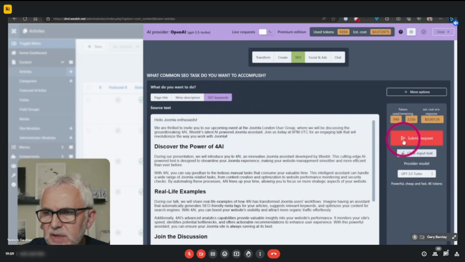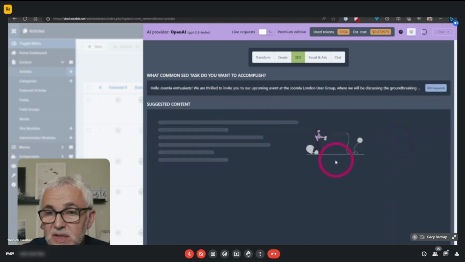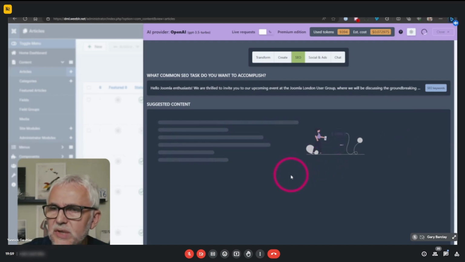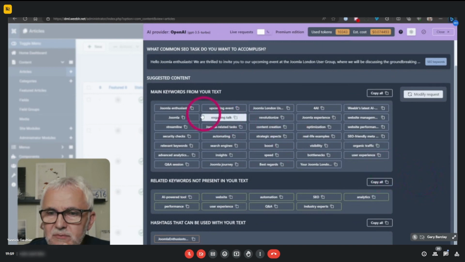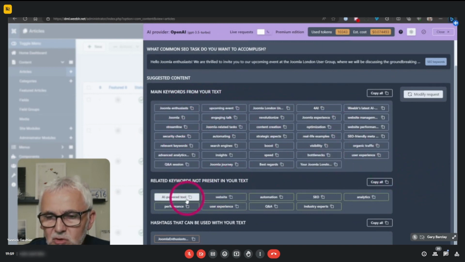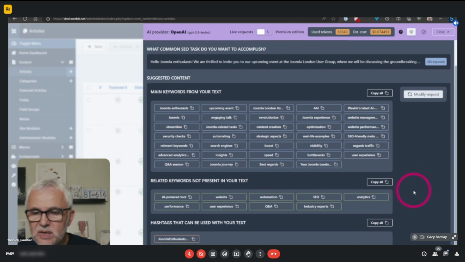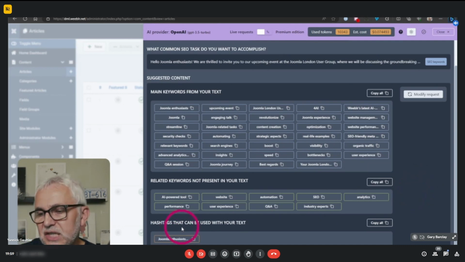An interesting feature here is to extract keywords. And if you ask it to extract keywords from a piece of content, an article or something else, you get this. So it identified the main keywords from your text, and it also found some related keywords that are not present in your text, and also a hashtag.